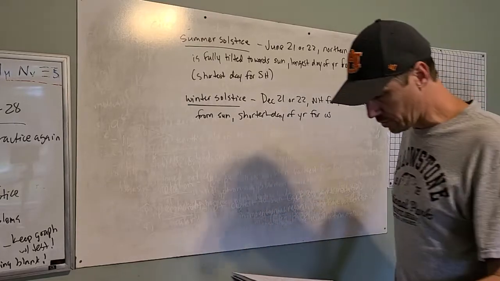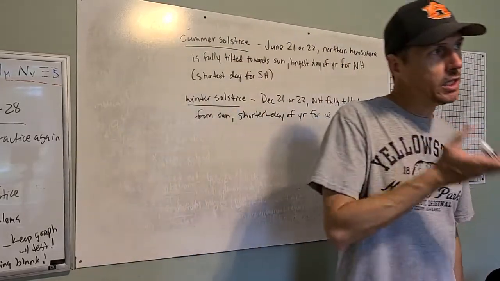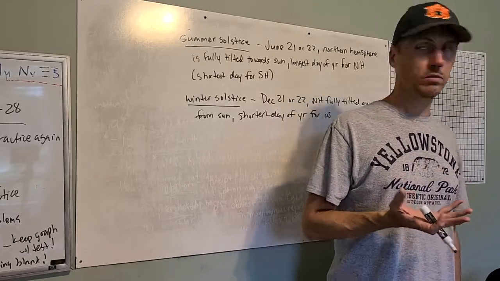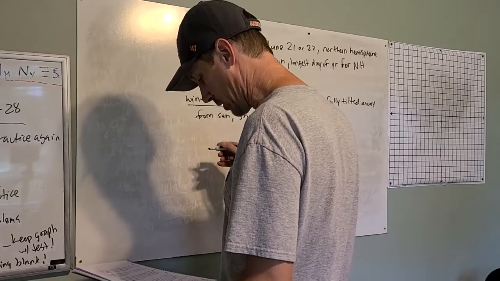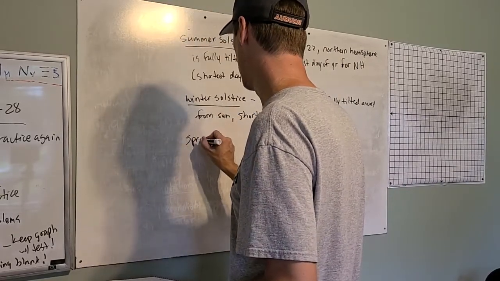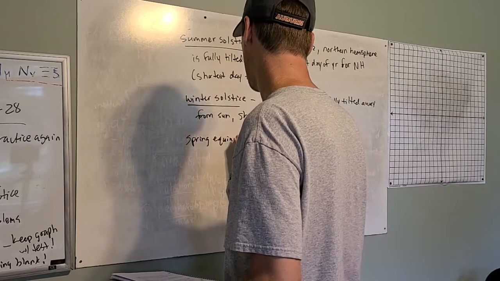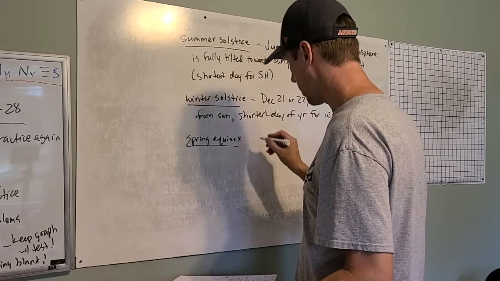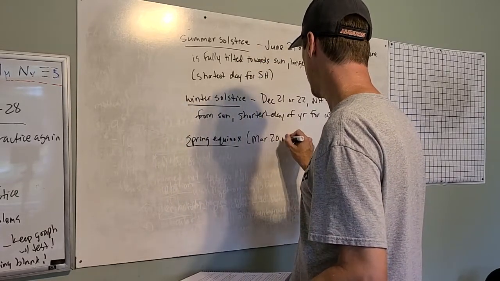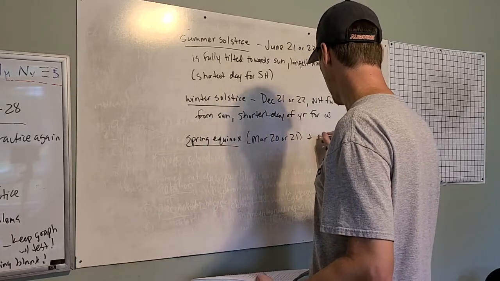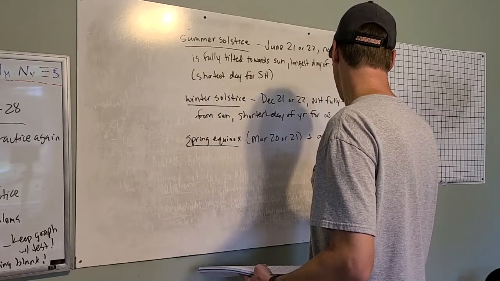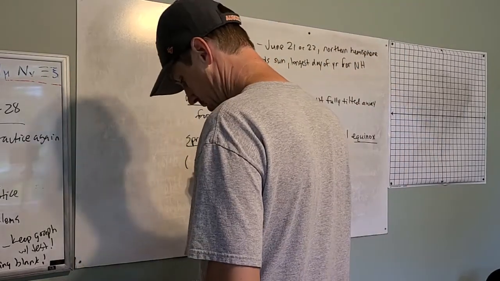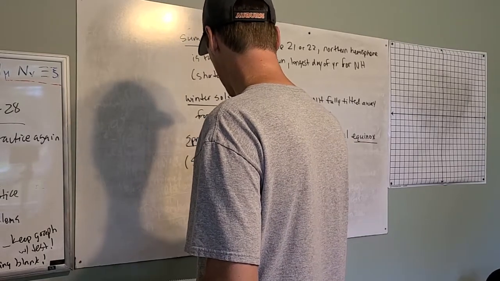So we have special names for those two times of the year, and because it's equal day and equal night, the name sort of sounds like equal. The name is called an equinox. So we have the spring equinox. So maybe that's a way to help you remember that. Spring equinox, which is March the 20th or 21st. And autumnal, right, based on autumn, another name for fall. Autumnal equinox, which is September 22nd or 23rd,